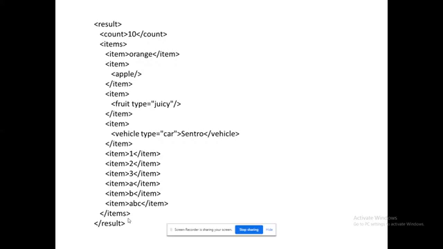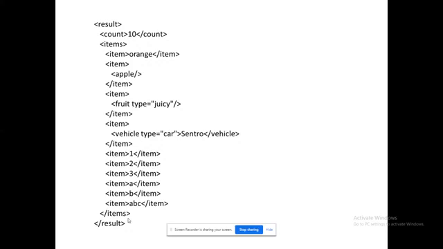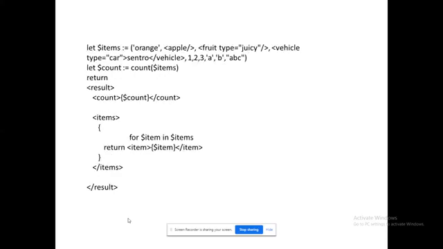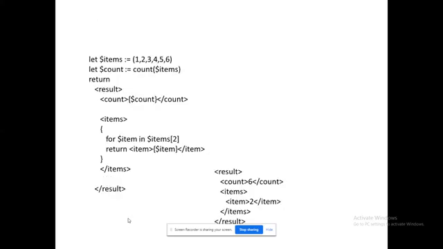So that is the reason why. How many items are there? 10 items are there. For all those 10 items, we are having the individual subtags. So item of item orange, item apple. Likewise, in this array, from orange to ABC, whatever items are there are listed under this tag item. Okay, so the item tag is being given over there. After for, you can see that return item of actual data, close the tag. So the formatting had happened over there. That could be an interesting sequence.